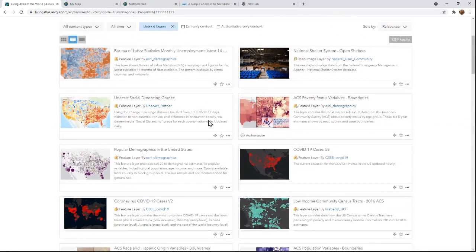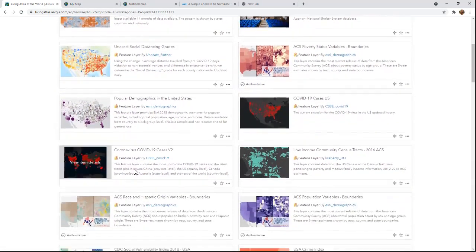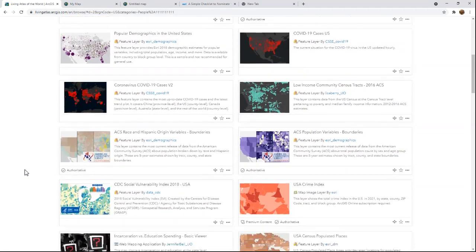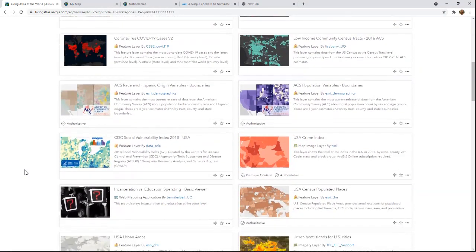We also have quite a few data sets related to social distancing or COVID. If you have COVID related projects, these are both great resources. You can add these directly into your projects. We also have loads of American Community Survey data from the US Census Bureau. I'll give you a demo of that in a little bit, but that's just a little teaser. Any of these you see that say ACS topic boundaries or centroids, there's tons of them. You can find almost any